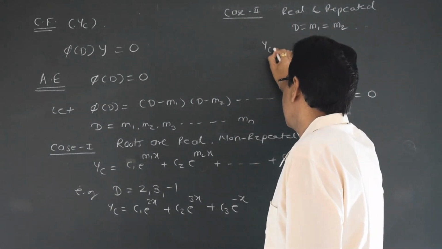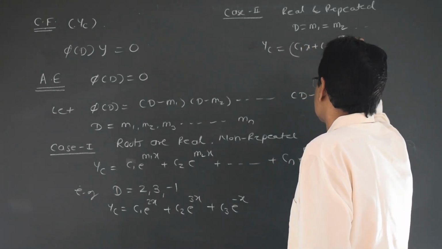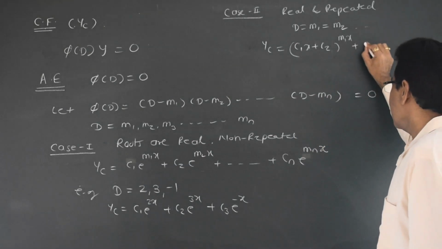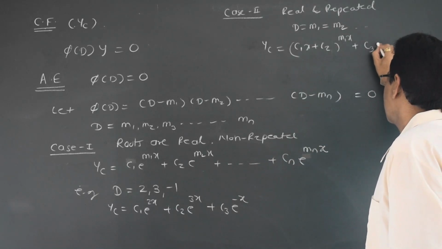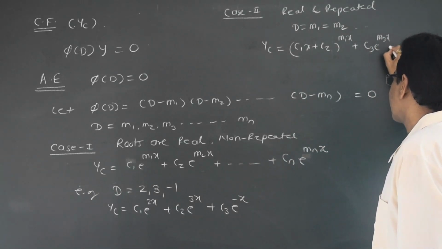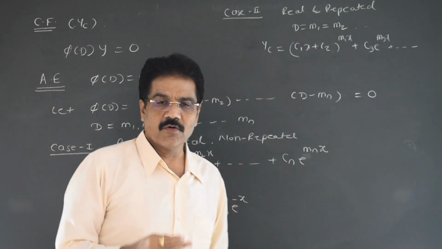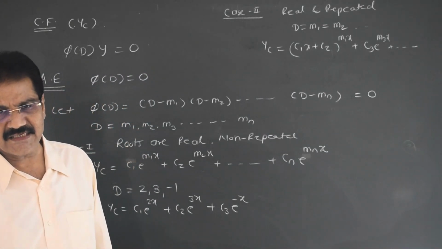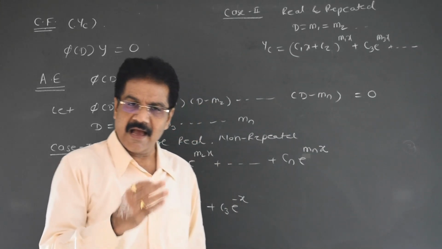Then the solution is given by (c1x plus c2) e raised to m1x, and if there is a presence of a third root, then we have to carry out the same procedure as that of case number 1, that is c3 e raised to m3x plus so on. In other words, if the roots are getting repeated 2 times, you have to make a group of c1 and c2, and you have to introduce x along with one of the constants, either c1